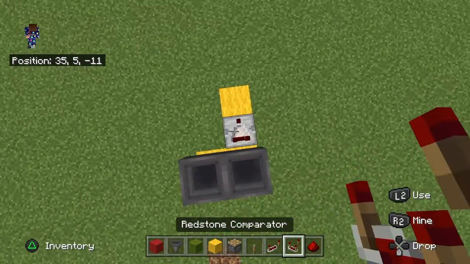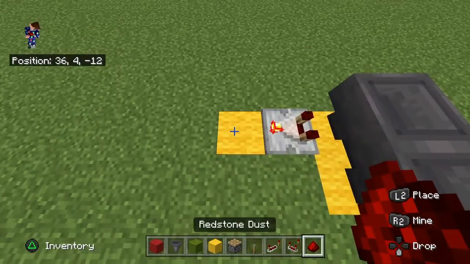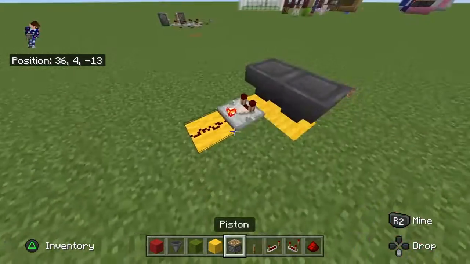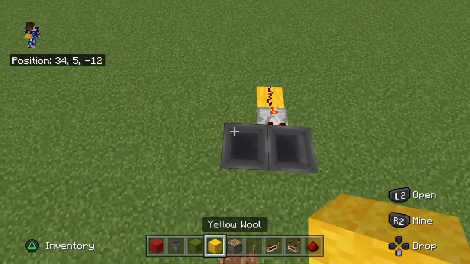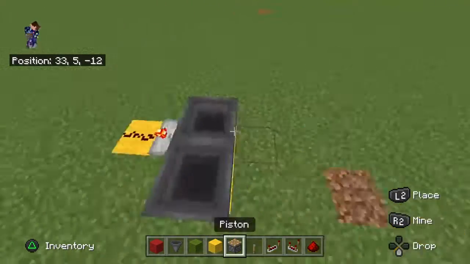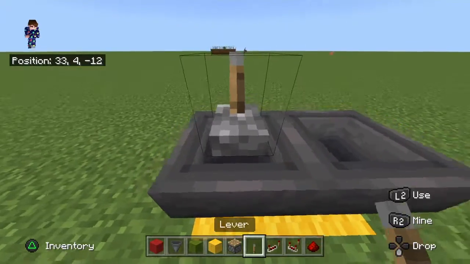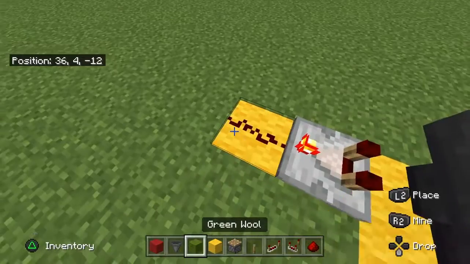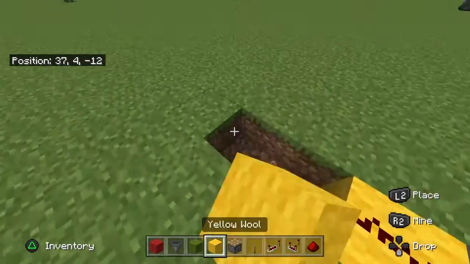So first thing to do, take a redstone comparator, light it up like that by clicking on it. I think it's left click if you're on PlayStation, or not left click, I'm too used to playing PC games. L2 to change it to that version. Then you crouch down, place that lever right there, that'll be our turn off switch once we've gotten the rest of this done. And then you're going to go a couple blocks out,